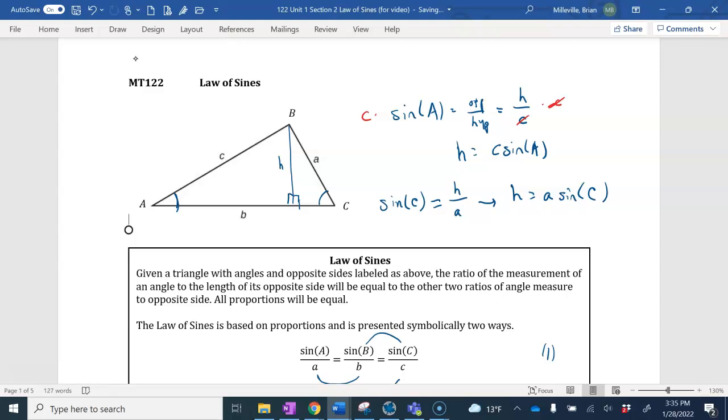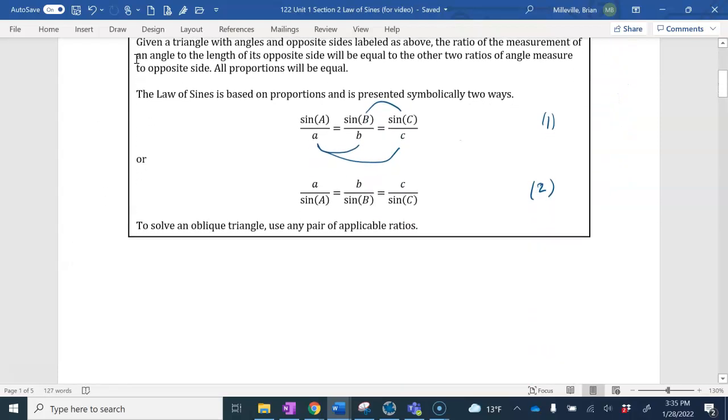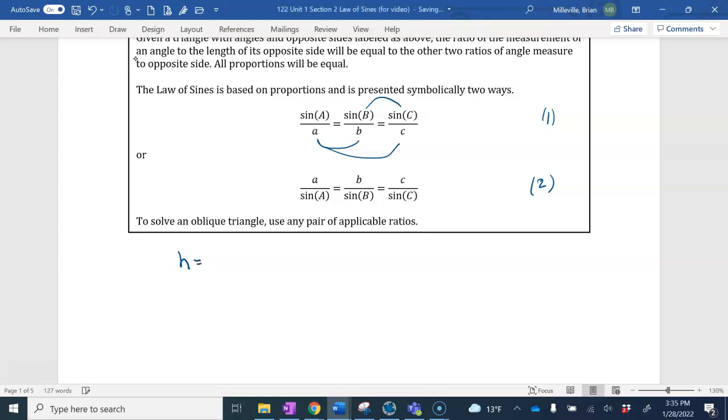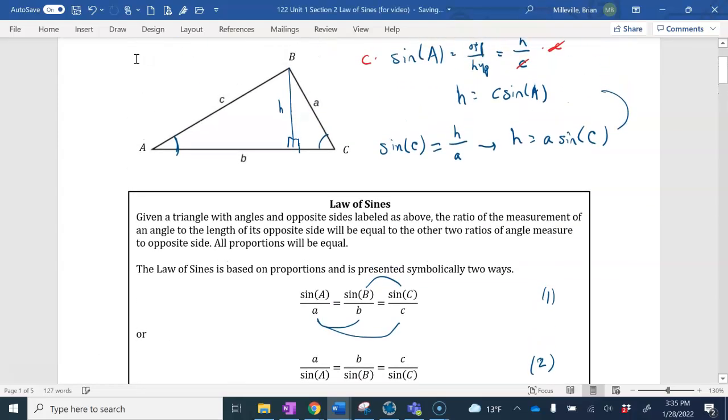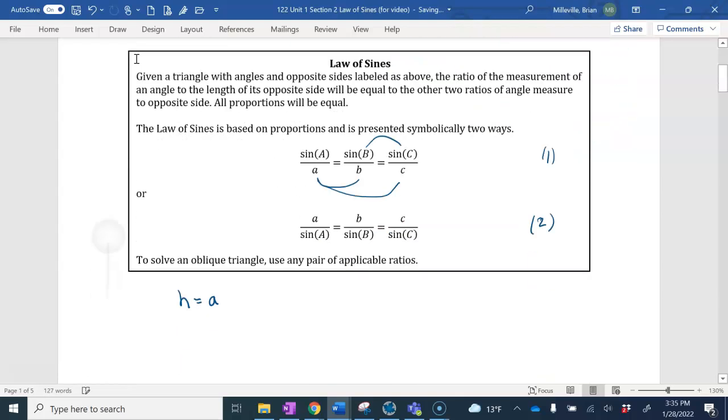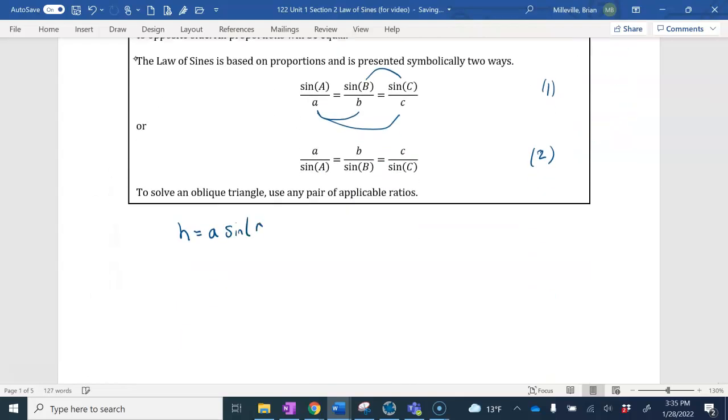Right, so we have H is equal to little c times sine of capital A, and H is likewise equal to A times sine of capital C. So let's write that down below here. So we have those two things. Again, it was C times sine of capital A and little a times sine of C. Either way we write that down, we're going to have something like this. Now setting these two equal, let me do this the other way. I'm going to do C times sine of capital A is going to equal A times sine of the angle